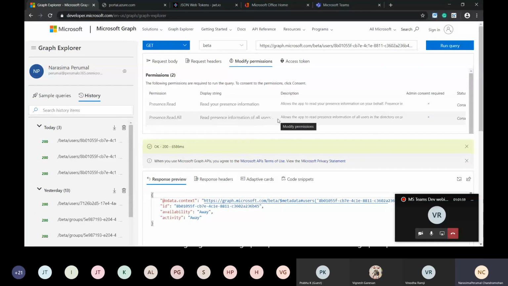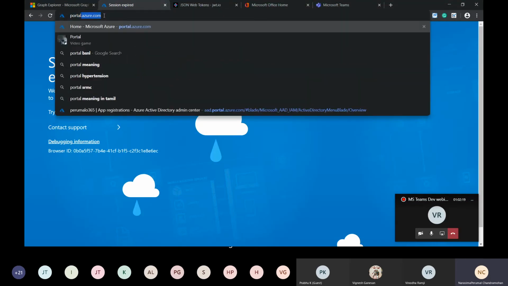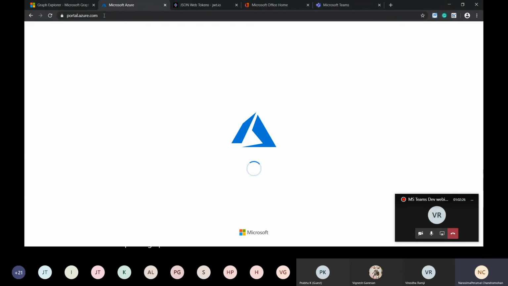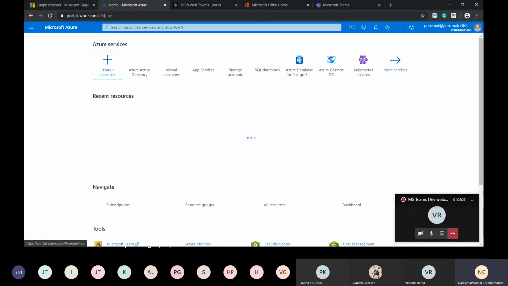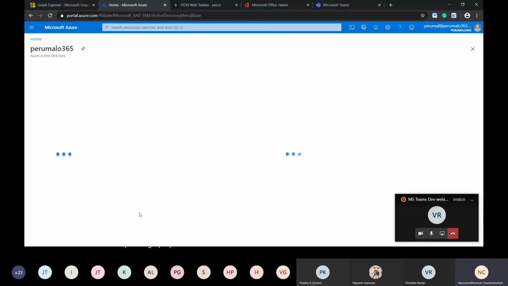To show the demo, first what I have done is that I have created an Azure AD app with a specific granular permission. Let me show that first. So I'm in Azure AD and I am in the app registrations blade.